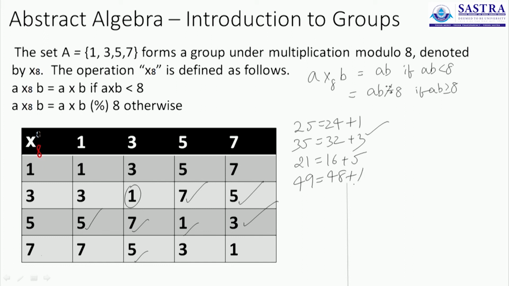So this is the Cayley's table for this algebraic structure, and hereby you can verify that this structure satisfies all 4 conditions. Number 1, the set is closed, no element goes outside the set. Number 2, multiplication is associative, you do not have to check that. Number 3, there is the element 1 which is the multiplicative identity, and number 4, every element is its own inverse. 3 and 3 gives you 1, so 3 is the inverse of 3. 5 and 5 gives you 1, so 5 is the inverse of itself. 7 and 7 give you 1, so 7 is the inverse of itself.